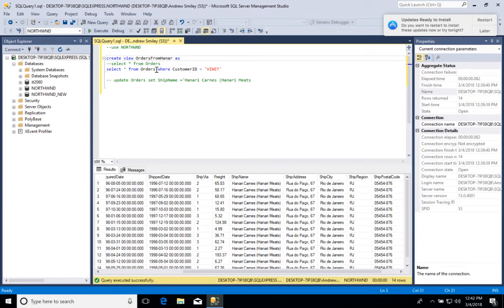What these options look like is we'll add a WITH, and then we can do either encryption or schema binding,